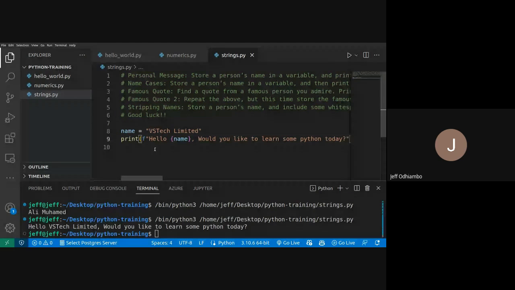Then we print hello, then the name that we had stored. So if I change this to maybe someone else, like let's say I change it to my name now, I'll say hello Jeff, right? Would you like to learn some code today? I can test it with another different name, like, when I run it, we have hello Joseph. I can test it with anything. So it will take the value that is stored in the name, then concatenate it with that string, then